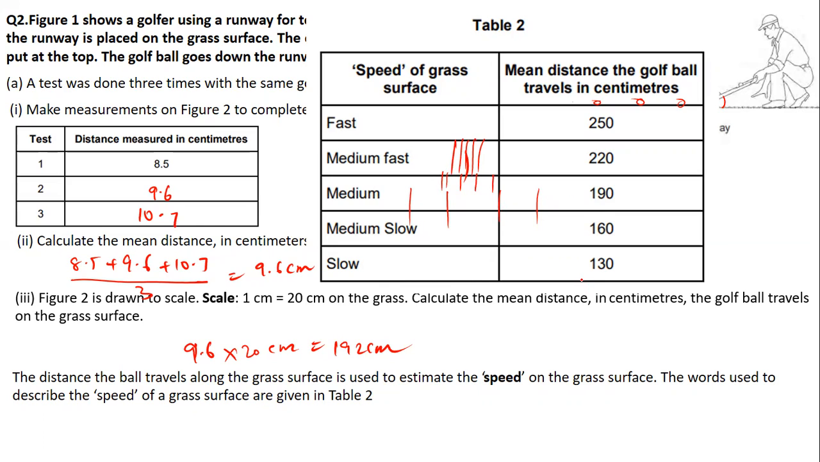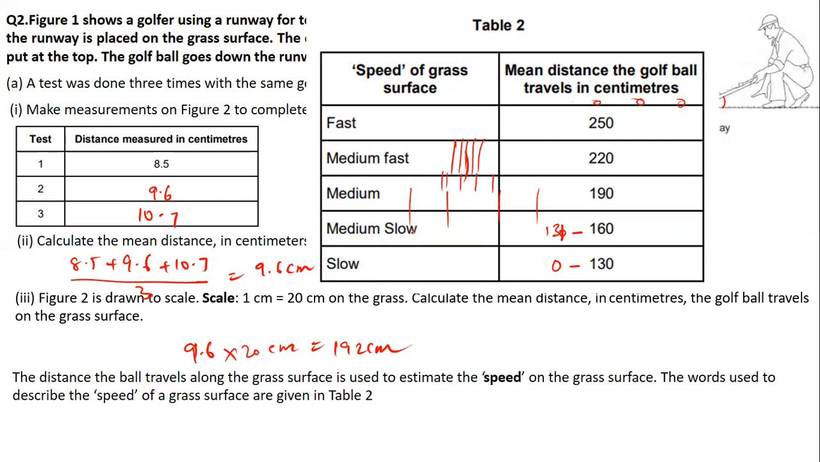Now let us start from here. 0 to 130. See, he has given only the outer boundary, 0 to 130. If the ball has achieved a distance of 130 centimeters, then you say it is a slow ball. Now, if it is 131 to 160, in this interval you can say it is